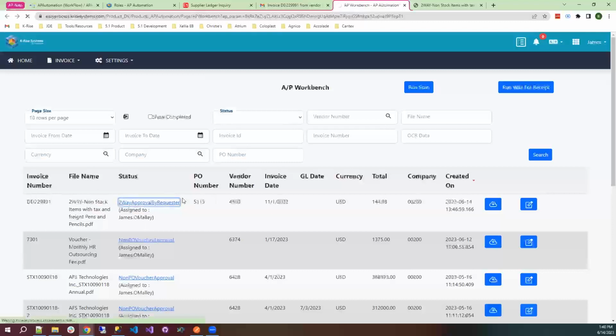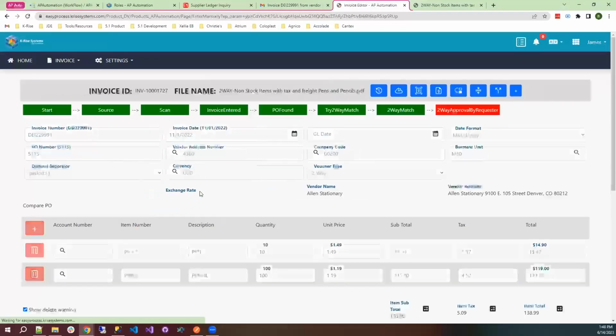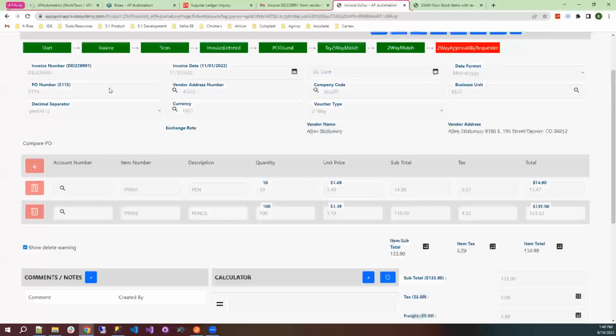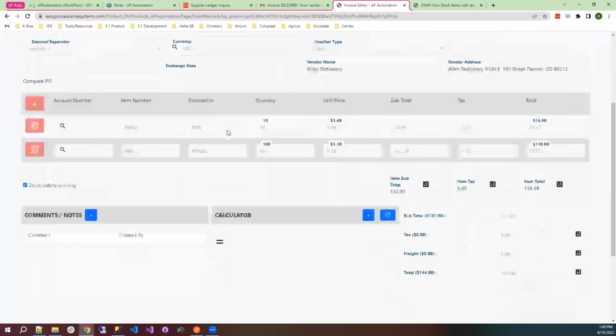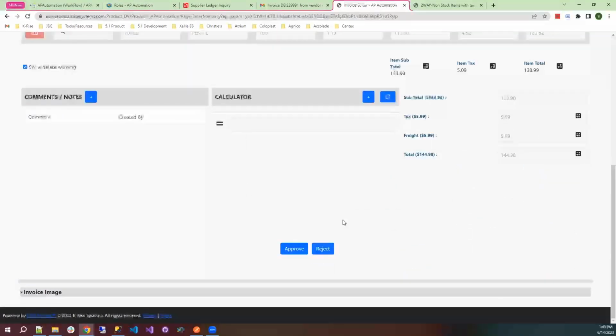So we can see that one that we're working with, two-way approval by requester. And as an approver, this user can't edit anything on this invoice, so everything's read-only. This has to do with the roles that are defined for this user. The only thing we can really do is at the very bottom, we can approve and reject. So if I approve,